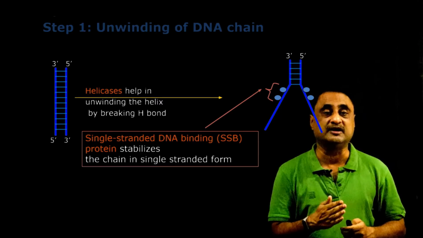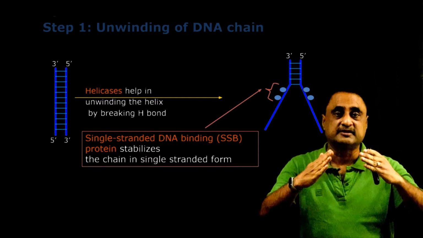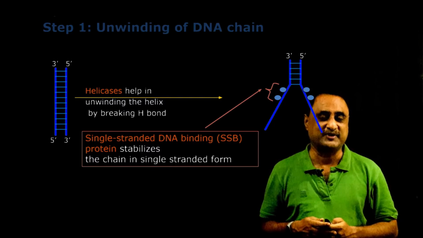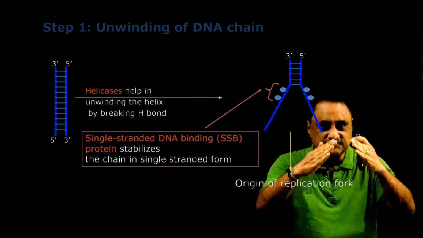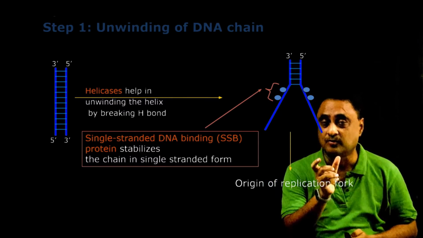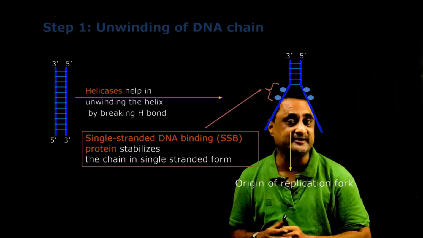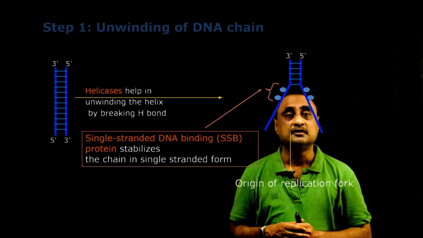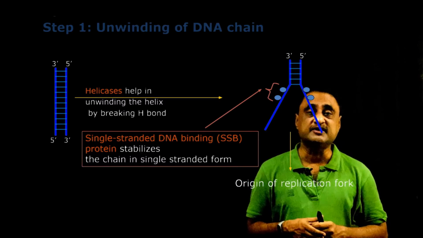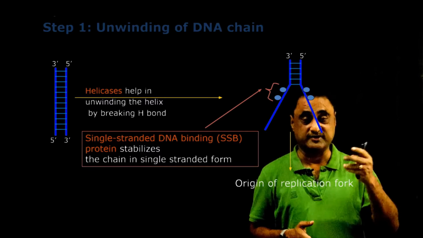So that protein helps them to keep the DNA strand in an open condition so that a further course of enzymatic action could happen, right? And the structure that is formed is actually called a replication fork. Mind it, if the place of replication is in the midpoint of the DNA, then we use the term replicon. But if the replication is going to happen at the terminal end, we use the word replication fork, as you can see in the diagram, right?